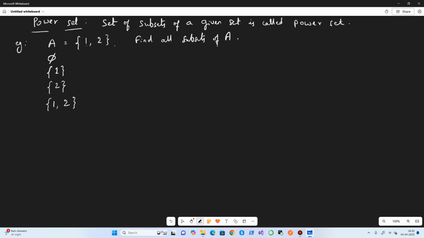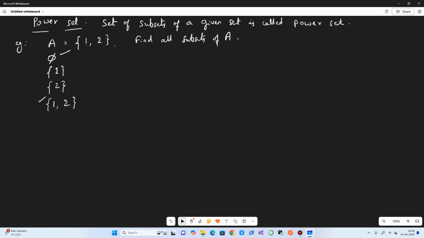So when we think of subsets of a set, the null set and the set itself will be the default subsets, right? So in this case phi and the set itself are already part of the subsets, and the other combinations come into the picture. So how do we find the subsets of any given set? First you list out the null set and the set itself.